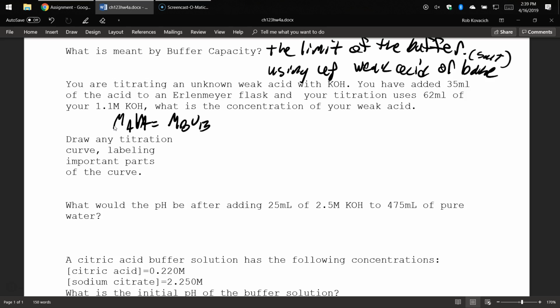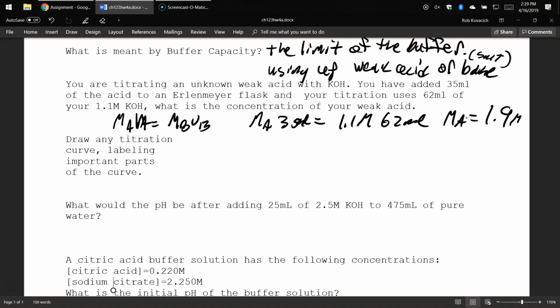So your weak acid concentration, you don't know what that is. That's what you're looking for. Your volume is 35 milliliters. You have 1.1 molar KOH, and you added 62 milliliters of that. So the concentration of your weak acid is going to be 1.1 times 62 divided by 35, which is 1.9